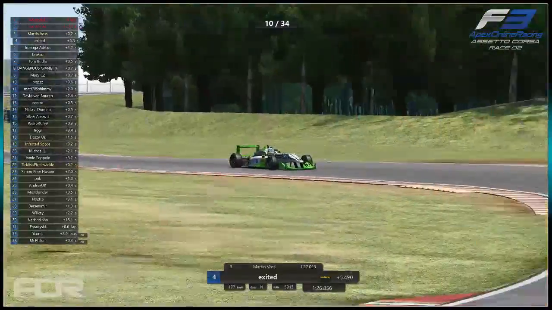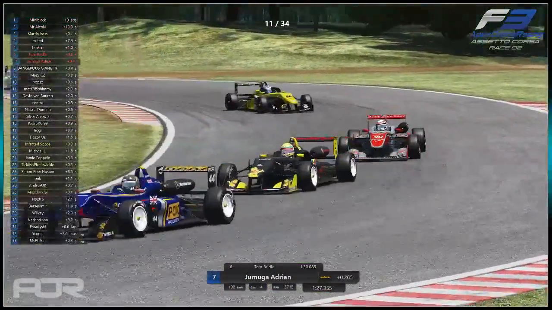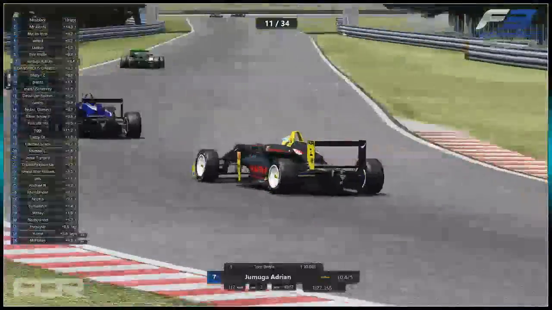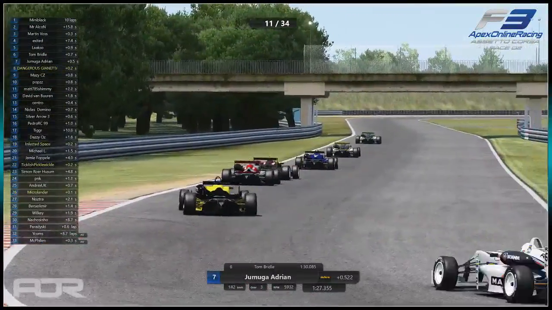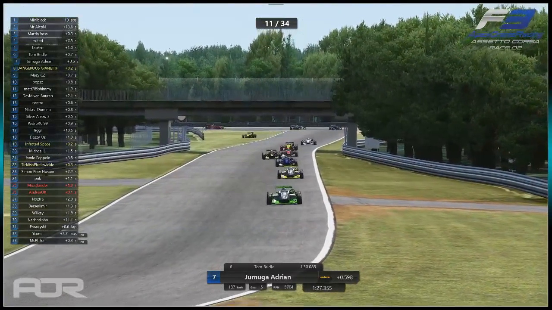That's going to give Laxo the move. Will it give Tom Bridle the move? He's jumping over the curbs a little bit, but good move from Tom. So now, the two teammates, Laxo, Exited, on track next to each other. They're going to want to push as hard as they can to try and catch up to...